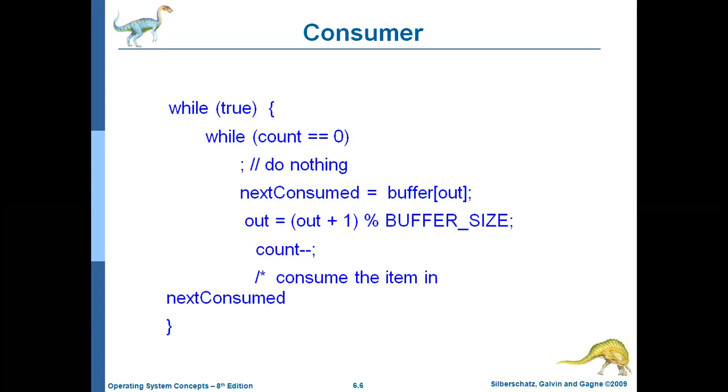Likewise, there should be some synchronization between producer and consumer. The producer has to check whether the buffer is full or not before producing an item. The consumer has to check whether the buffer is empty or not, because if the buffer is empty, the consumer cannot consume the items. If the buffer is full, the producer has to wait for the consumer. If the buffer is empty, the consumer has to wait for the producer to produce. Like that, both the producer and consumer have to work synchronously. That is the reason why we have discussed this.